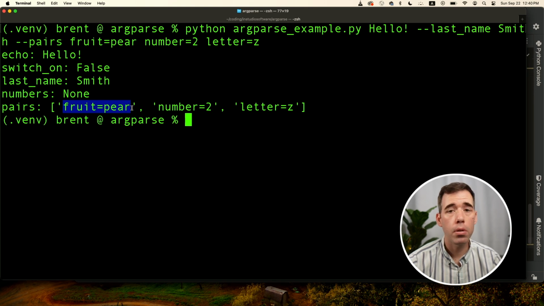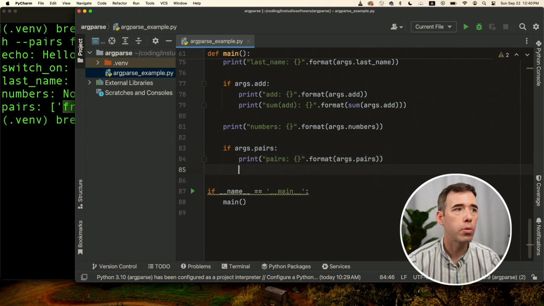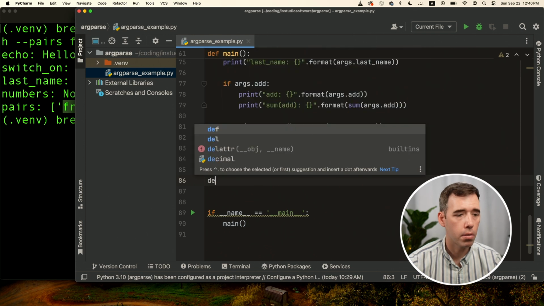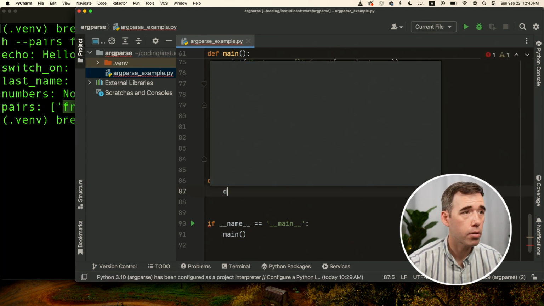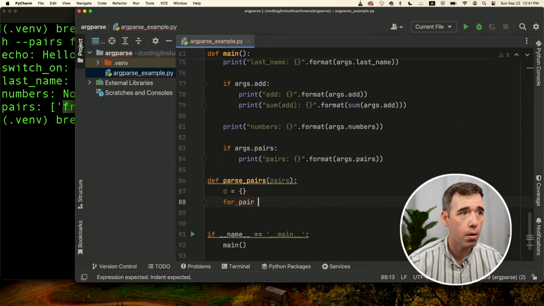So it's cool that we got the list of pairs that we wanted, but this would be a lot more useful if it was stored as a dictionary for the key value pairs. So we're going to do some processing of the input. So we're going to go back here, and we're going to create our own function. This function is going to be called parse pairs. And we're going to pass it the pairs, the list of pairs. And then we're going to create a dictionary, and we're going to go through all the pairs. So for pair in pairs,